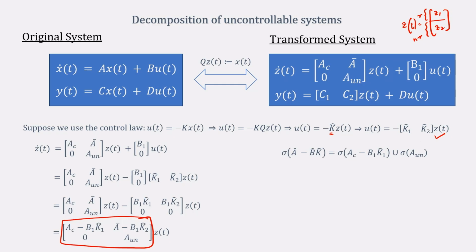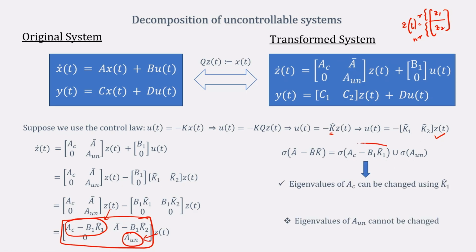again this is an upper block triangular matrix, and here the eigenvalues of this matrix will be the eigenvalues of this part and the eigenvalues of this part, right. So, the eigenvalues of A hat minus B hat k hat are nothing but the eigenvalues of this part and the eigenvalues of this part, and you can see from this expression that the eigenvalues of this part can be changed with the help of k1 hat, because that is in our hand, whereas the eigenvalues of the A_UN part I will not be able to change, right,